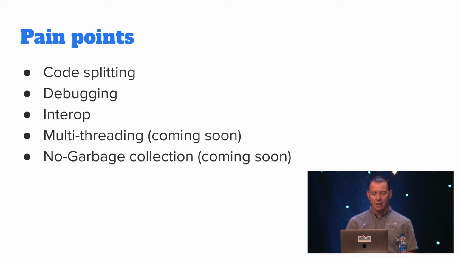And I didn't actually check on the status of this before I made this slide, but at the Chrome conference last year, they said they were working on supporting multi-threading and garbage collection. A lot of existing libraries use multi-threading to support parallelism. So if you wanted to compile a program that utilizes multi-threading, you would run into limitations there. A lot of these are compression algorithms. I mean, it's used all over the place.